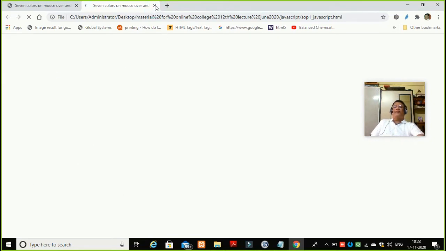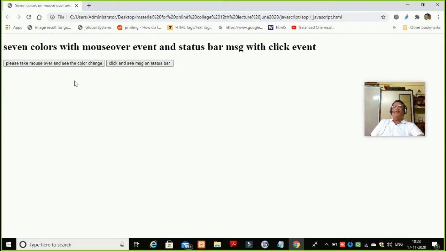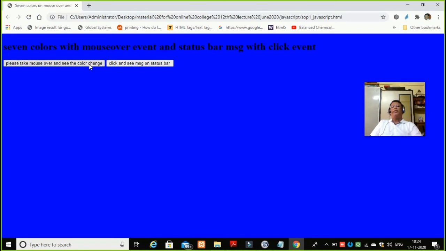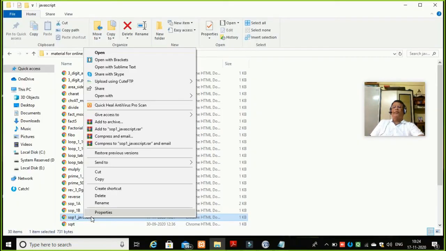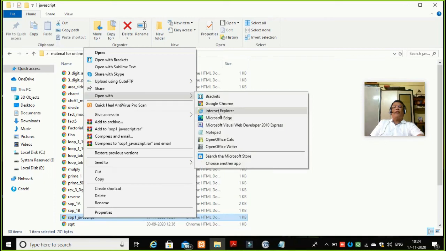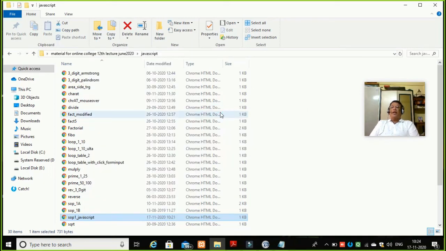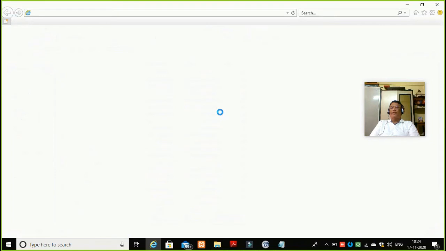So I'll be closing the event. Now see, I can see two buttons and the color is being changed. I will say here open with, and I'll go to Internet Explorer because I was not able to find the browser over there.